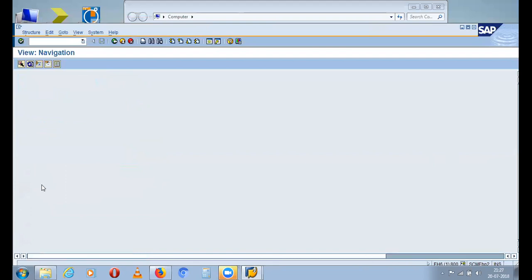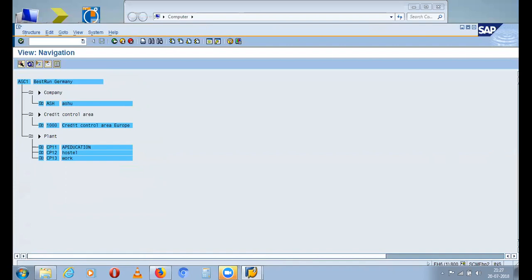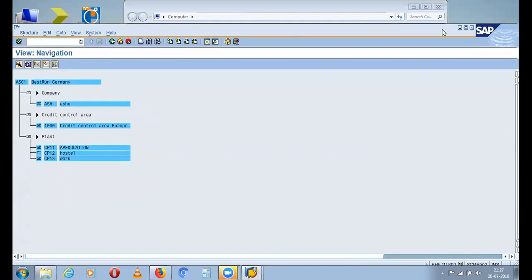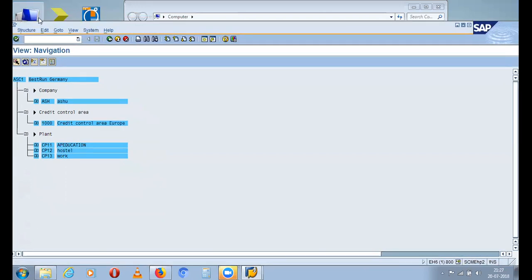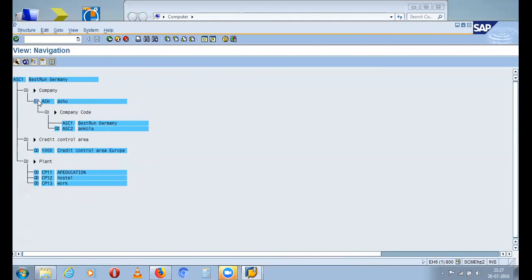Why is it not going up? Can't you see ASH there under company? Yeah, here it is. So here under ASH, you have two company codes. One is ASC1 and the other one is ASC2, right?